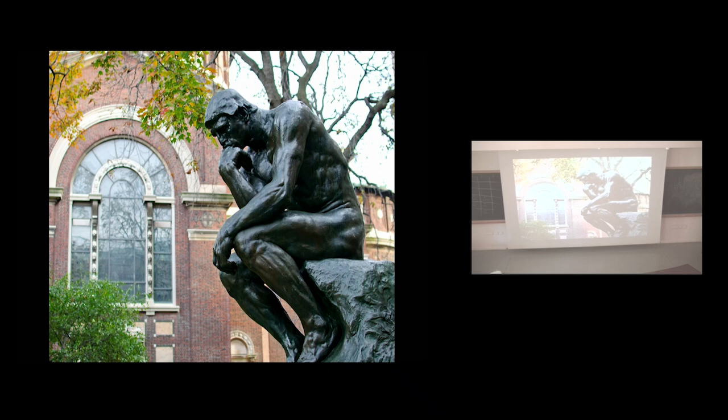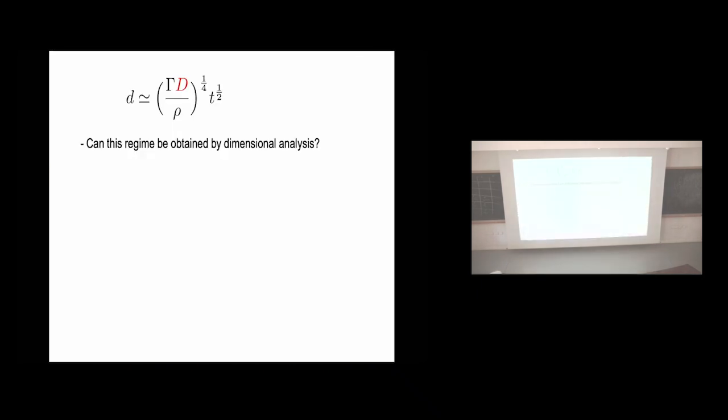But now we reach a situation that's really beyond the reach of dimensional analysis, and so we need to actually solve the equations and do real work. But I don't want to do that. So the question that I asked before, and the answer is no, is: can this regime be obtained by dimensional analysis,